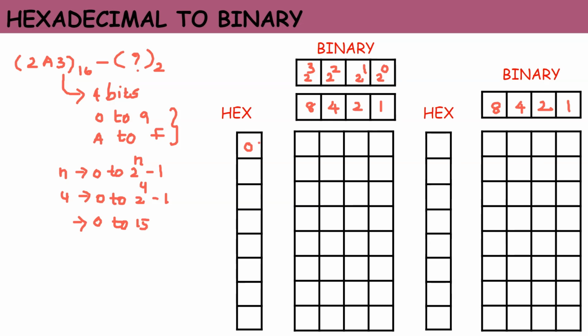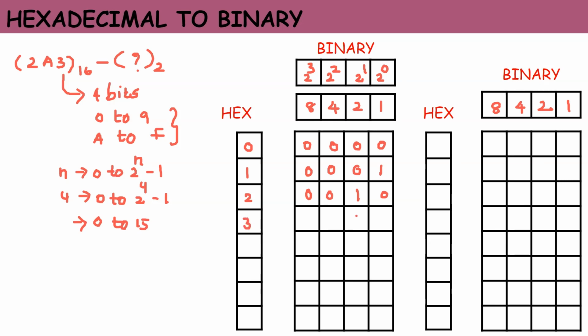So how to convert the hexadecimal values from 0 to F to the equivalent binary value? First take the value 0. Since it is the 0 value, all the bits will become 0. So 0, 0, 0, 0. Next, for the hexadecimal number 1, where we are having the value 1, that bit alone is made 1. The remaining bits are 0. 0, 0, 0, 1. Then take the hexadecimal number 2. Here the bit which is having the value 2 alone will become 1. The other bits will be 0. 0, 0, 1, 0.